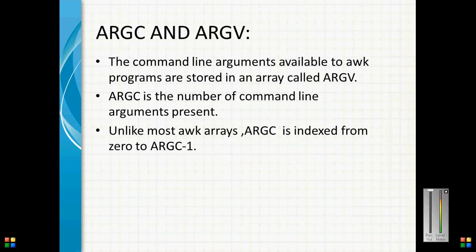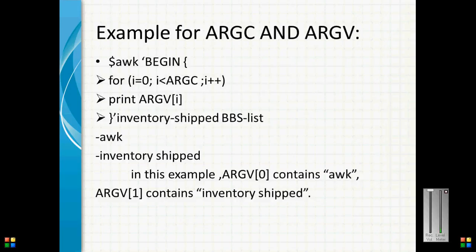ARGC and ARGV. The command line arguments available to awk programs are stored in an array called ARGV. ARGC is the number of command line arguments present. Unlike most awk arrays, ARGV is indexed from 0 to ARGC minus 1. Example for ARGC and ARGV: